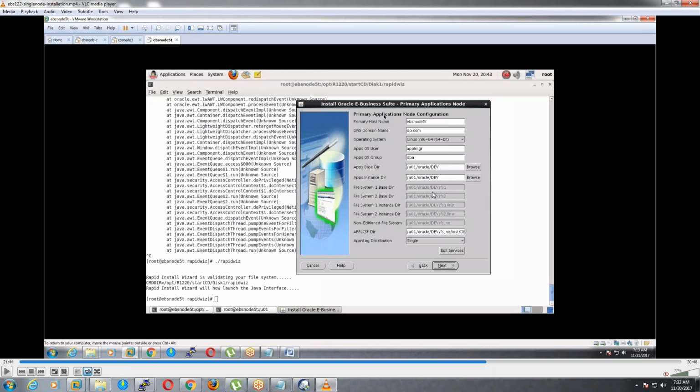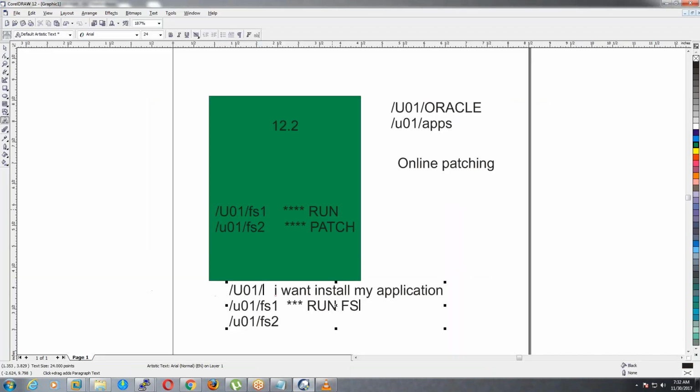Okay, so whatever file system we have in FS1, like Apps top, common top, environment variable, everything will be here in FS1 as well as in FS2. Hope it should be clear to you. So in FS1, whatever contents we have, the same will be in my FS2 as well. Now, whenever installation is done, first time FS1 will be considered as a run